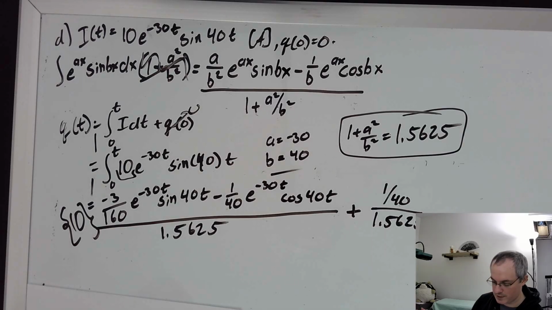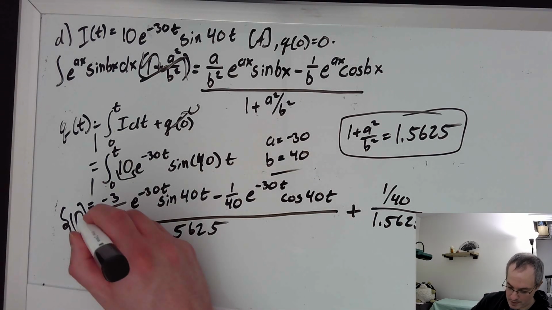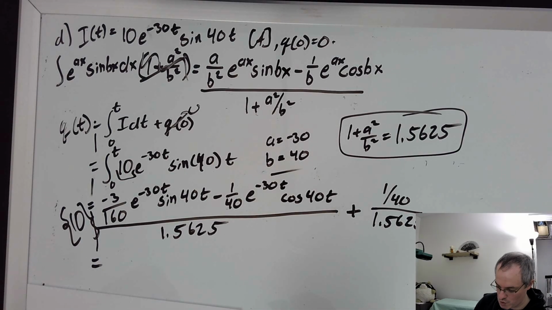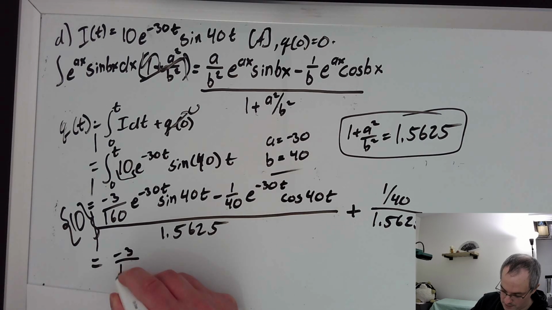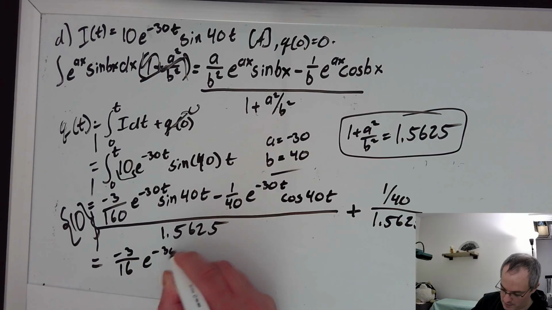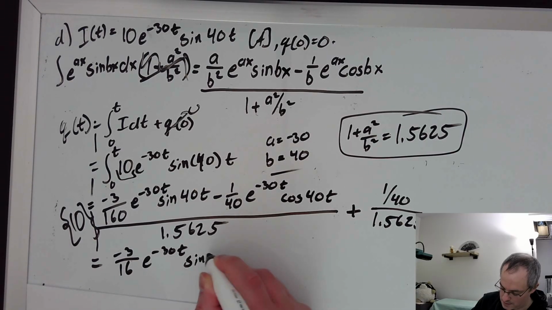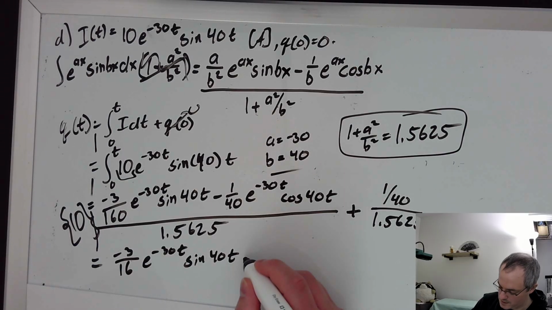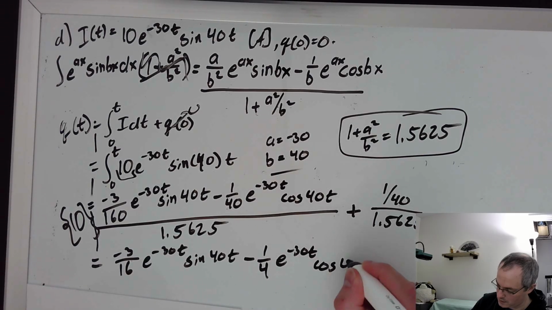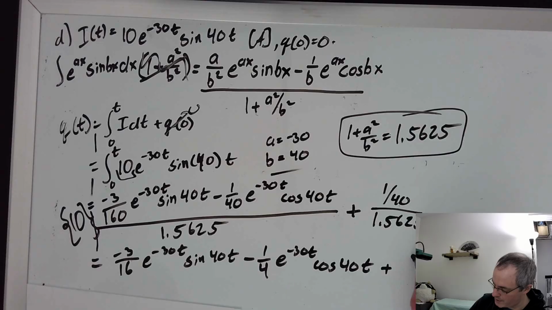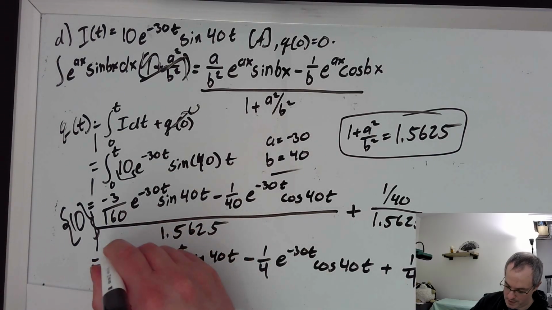And then that whole thing gets multiplied by 10. Multiplying by 10 reduces this to minus 3 over 16 e to the minus 30t sine 40t. This term by 10 is minus 1 over 4 e to the minus 30t cosine 40t. This term by 10 is plus 1 over 4. The whole thing